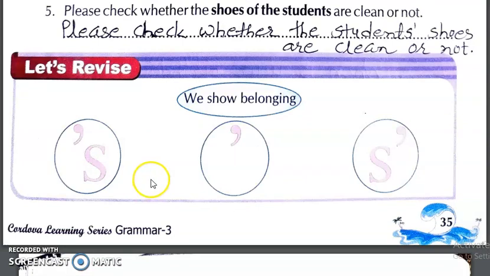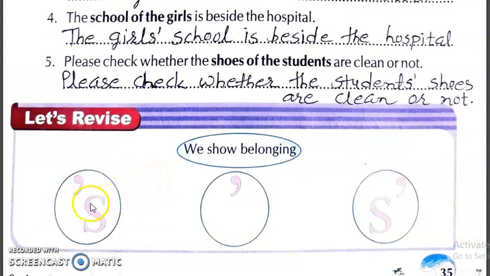So in this chapter we had completed apostrophe S like this, apostrophe S, only apostrophe, and apostrophe S in plural. So we had done in this about the apostrophe. I hope all of you understand this. So you have to write this exercise in your textbook only and finish your textbook, all the chapters till chapter number 10.